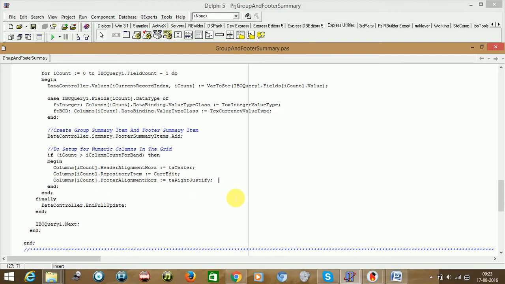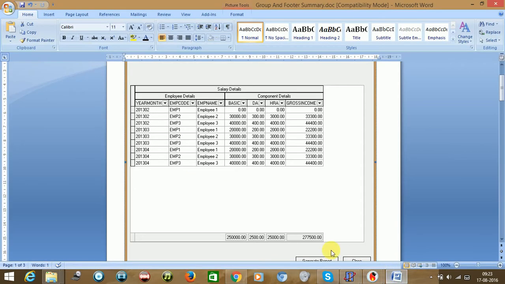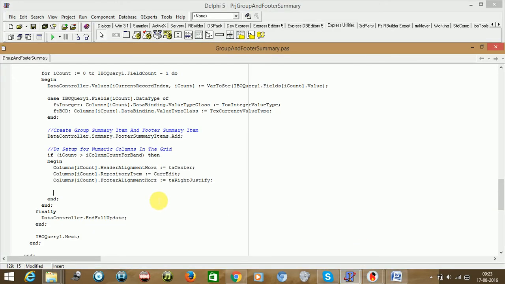Now what we need to do here is work out the footer summary. As I said, we need to link the footer summary column item to the respective columns, and we also need to specify the format for the footer summary, 0.00 and minus 0.00. Again we need to specify what kind of operation result should be displayed inside the footer. So summation we need to do, and I think that's it. And the linking we need to do. So first the linking part we will finish.